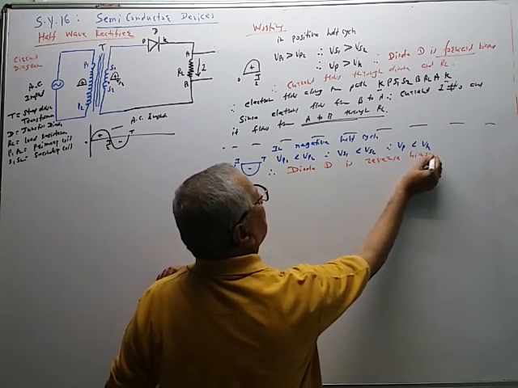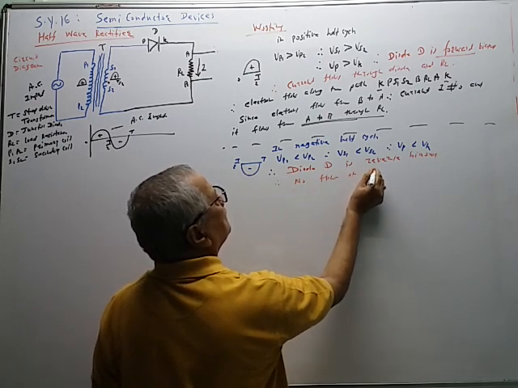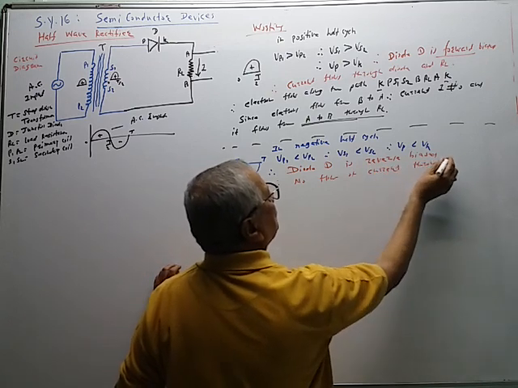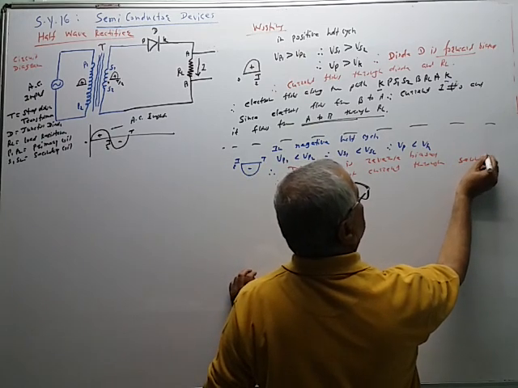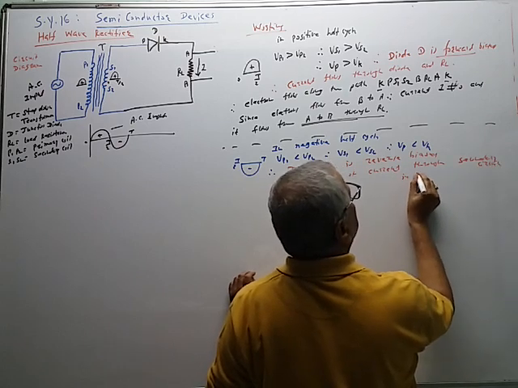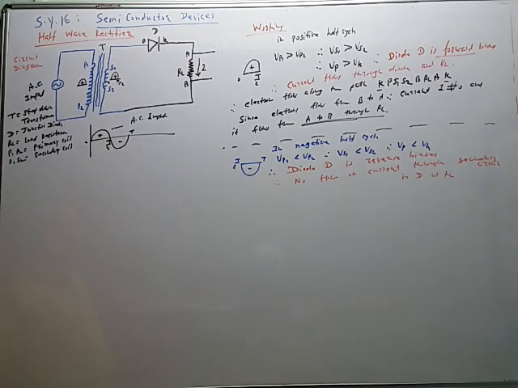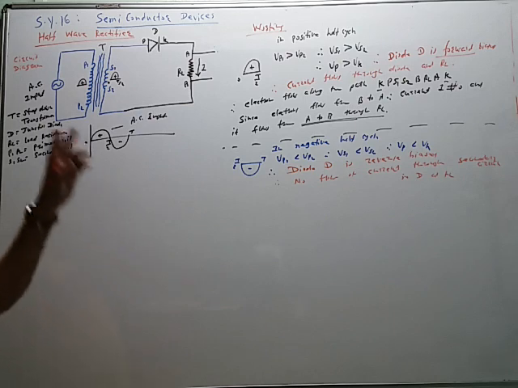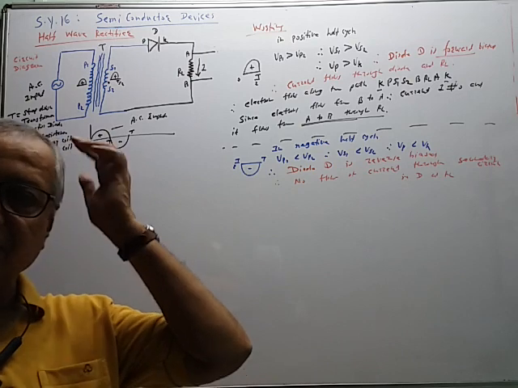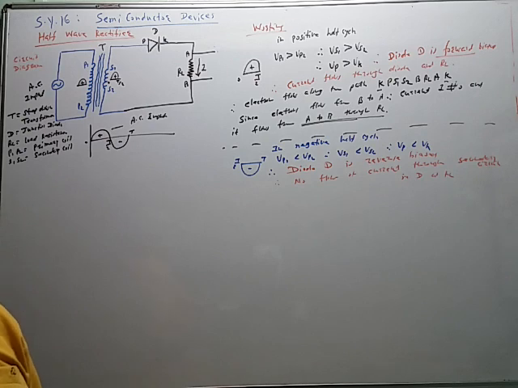Diode D is reverse biased, and therefore there is no flow of current through the secondary circuit. Secondary coil circuit, त्याला secondary circuit म्हणतात. Through the secondary circuit, that is diode D and RL, Diode आणि RL मधला current 0 झाला like this. So current flows through RL in only half cycle, therefore it is called as the half wave rectifier, and that current flows in only one direction from A to B.